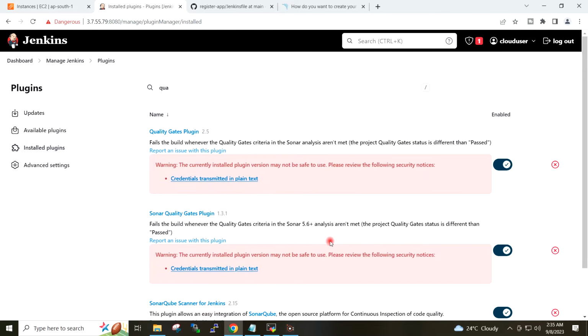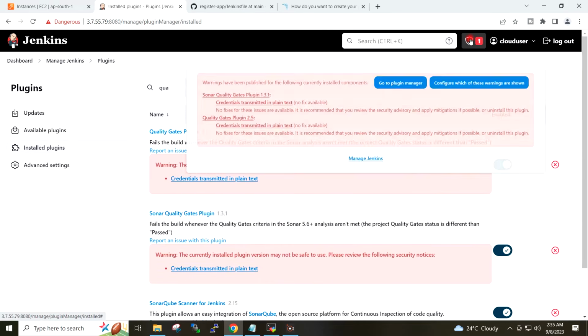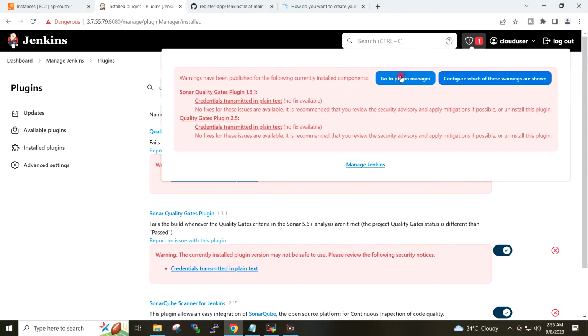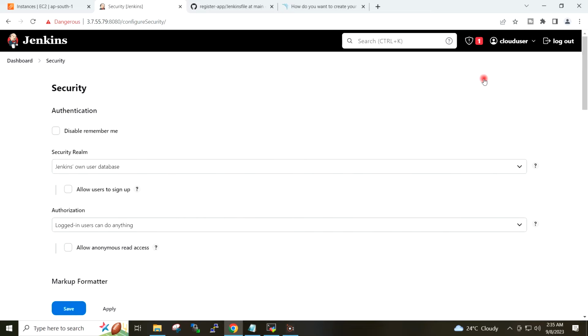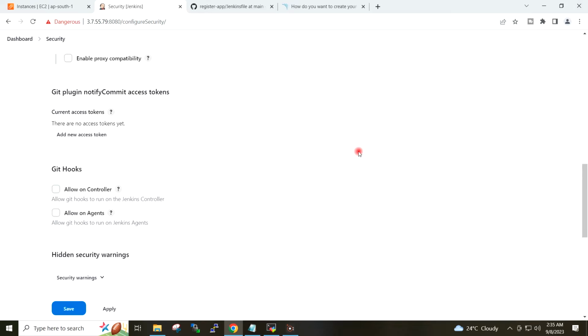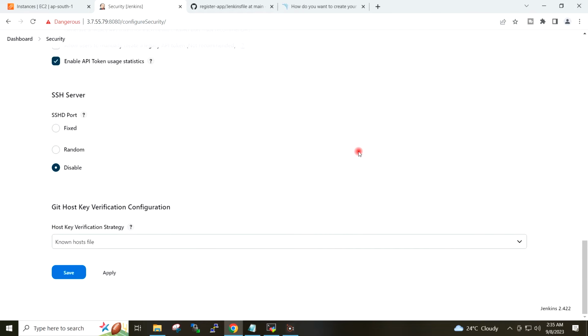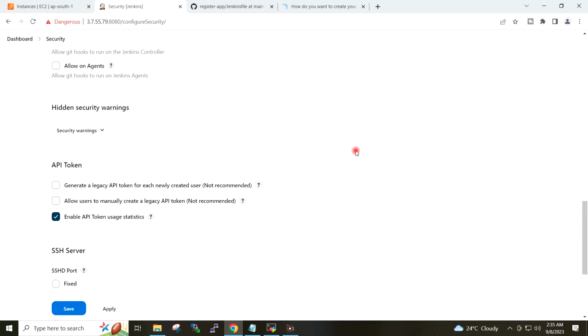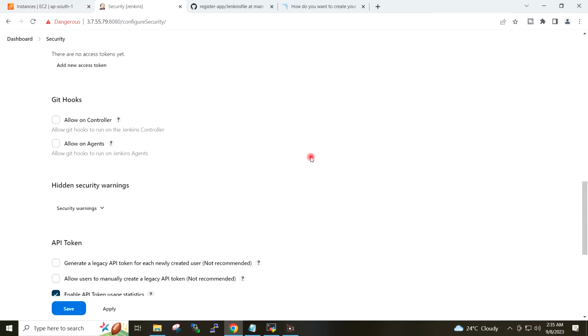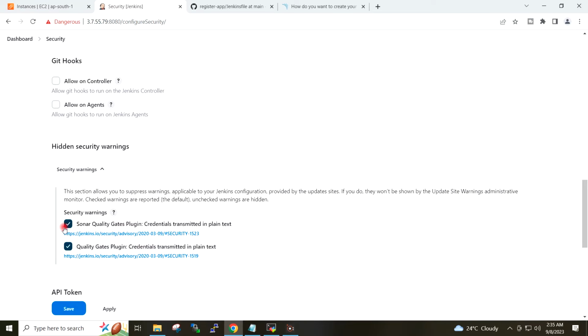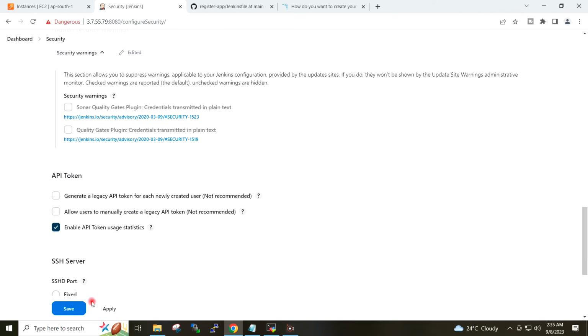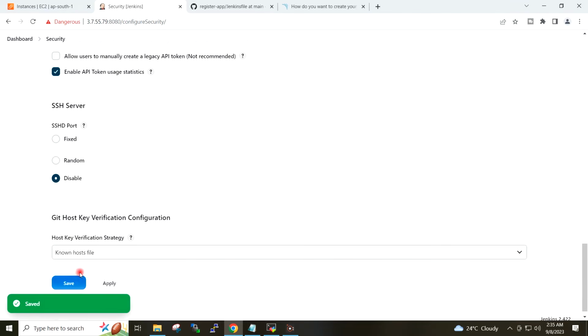If you want to ignore this warning, just go to configure which of these warnings are shown, and here under the security warning untick these warnings, apply and save.